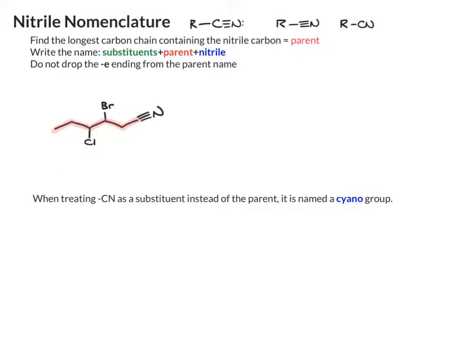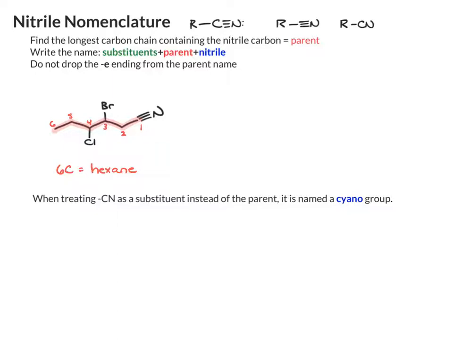One place sometimes people will mess this up is stopping here, but you want to include the carbon of the nitrile, number it, making the nitrile carbon carbon 1. So 6 carbons, the parent is hexane. And I'll show you in a second how to deal with the nitrile as being the parent functional